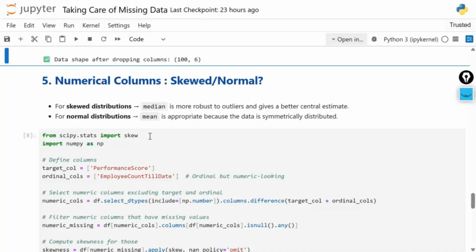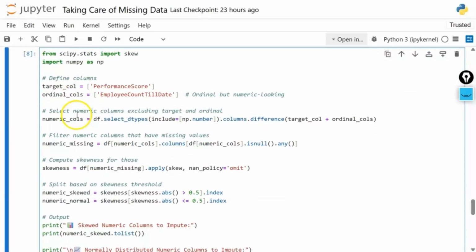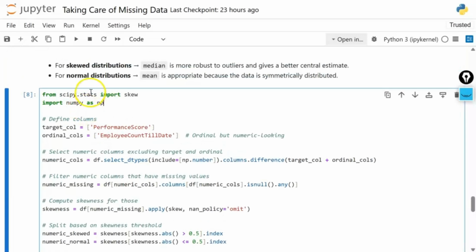Is it normally distributed or is it skewed distributed? Here I am just checking the dataset columns,